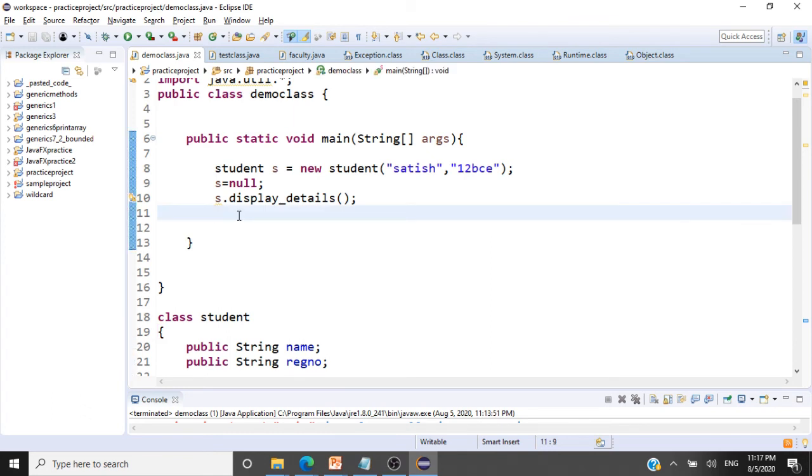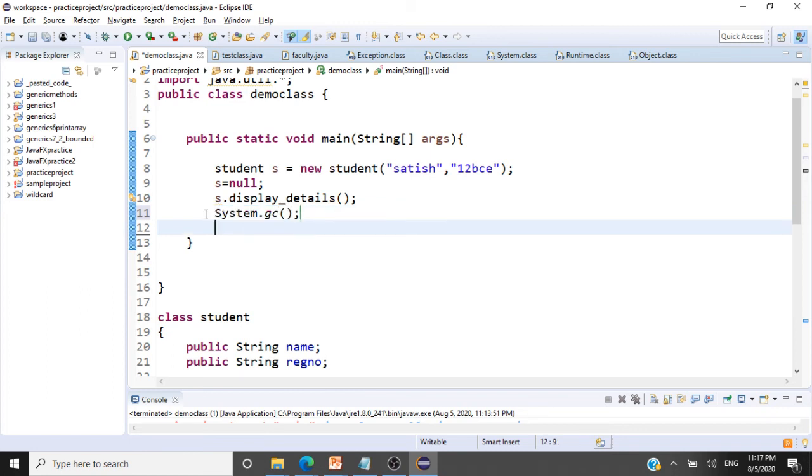For that, we have to go to the System class, say System.gc. System.gc is nothing but a method that can invoke your garbage collection. It's not guaranteed that garbage collection will run, but it's a method wherein we request garbage collection from the JVM, the Java Virtual Machine.